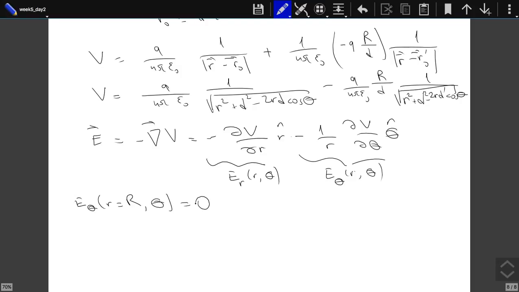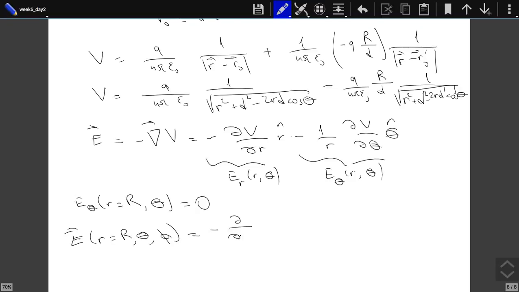Now you should check it explicitly that it is 0. So on the boundary of my sphere, the electric field only has the radial component. The electric field, when r is equal to R for any value of theta or phi, is equal to